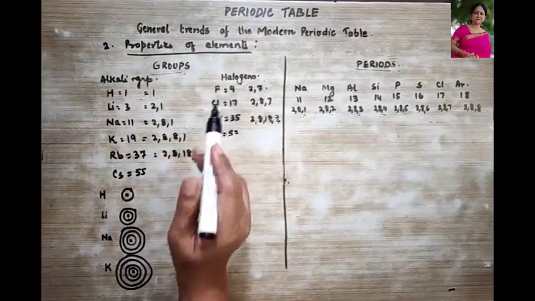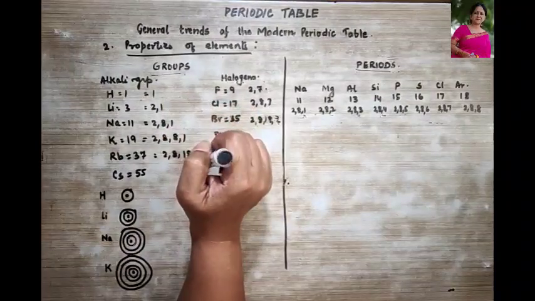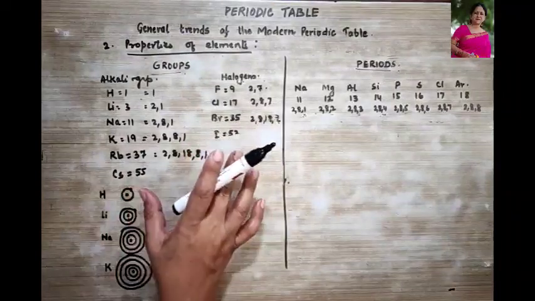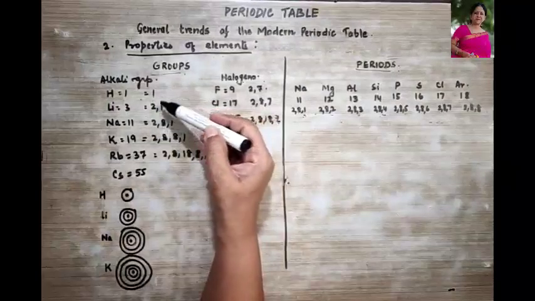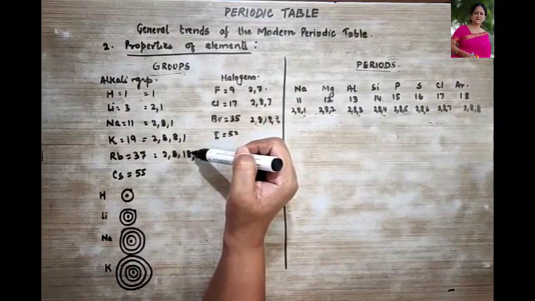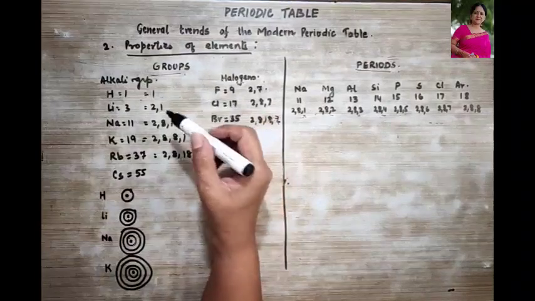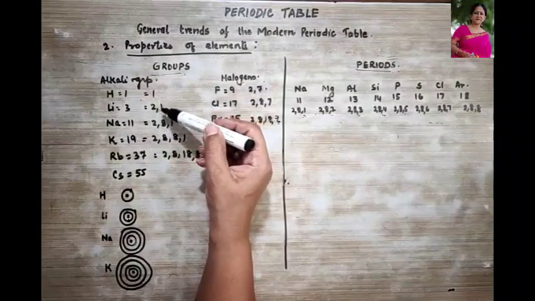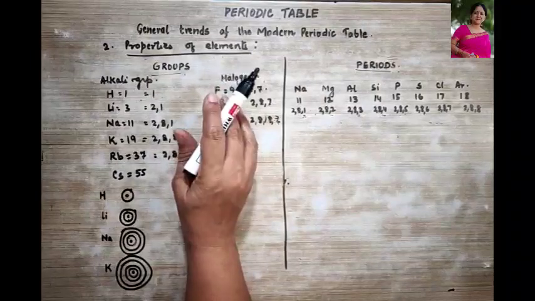So what do I mean? Because the number of electrons in the outermost shell is the same, therefore they have very similar physical and chemical properties. What did I say? I said because they have similar or same electrons in the outermost shell, therefore they have very similar physical and chemical properties, right? But these change uniformly as they go down in a group. I hope this is clear.